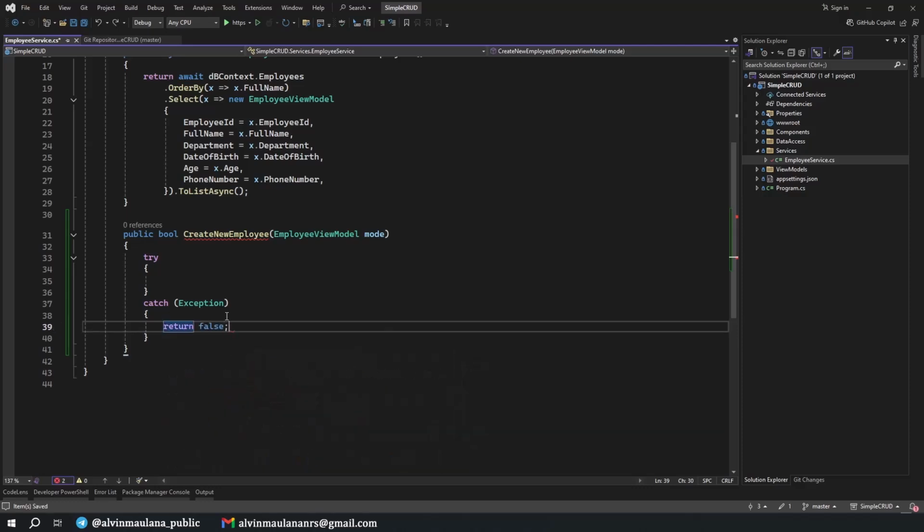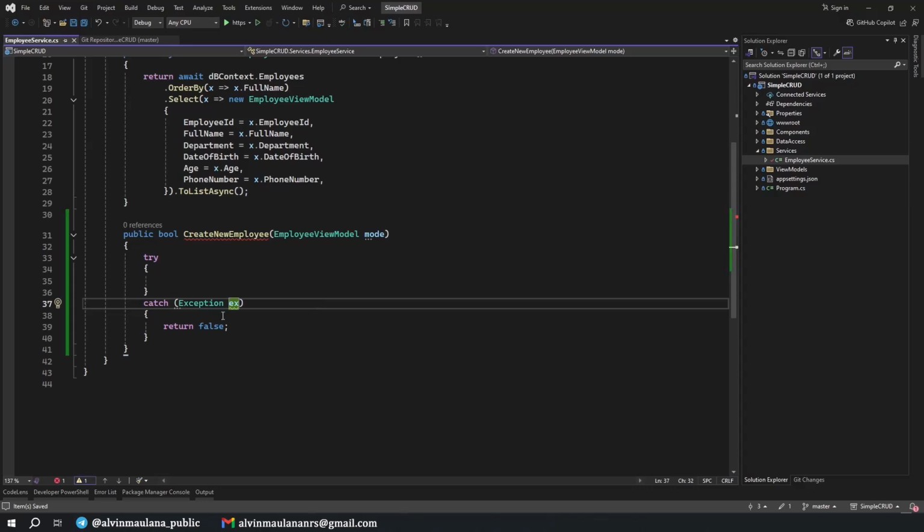Don't forget to close it. But for your production application, it's better to have some logging information in here. So if you are having an exception, you can see what actually happened in your system. But for now, I just leave it like this.